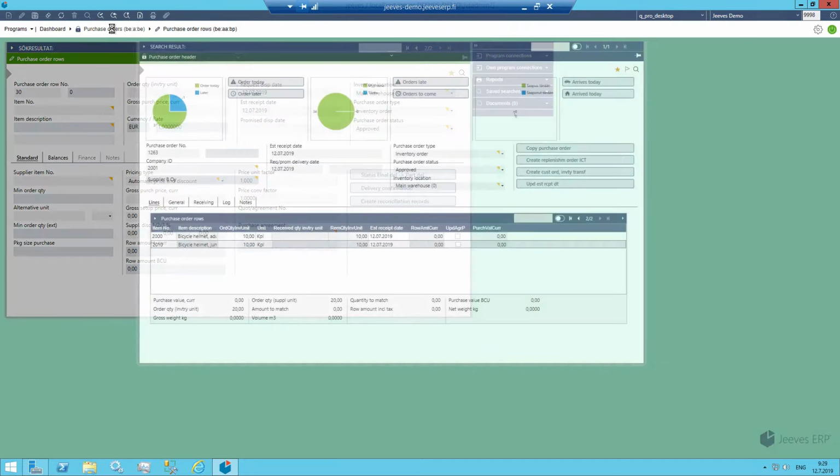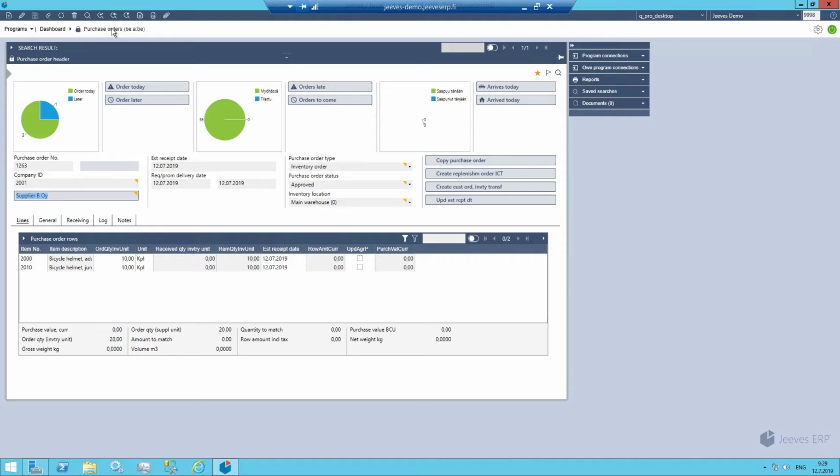but we will go back to Purchase Orders program, and at this point we have all the information we will need for this purchase, and it's time to print a report. So there are options to print. You can, for example, print to PDF, send to mail, or print preview. We will choose print preview.